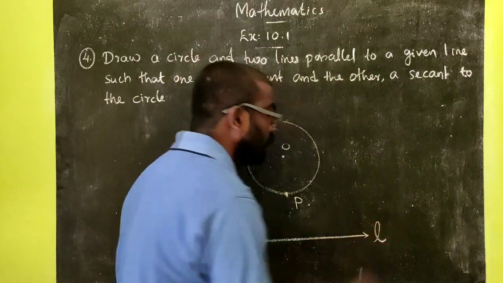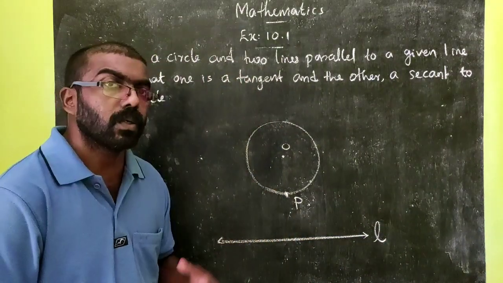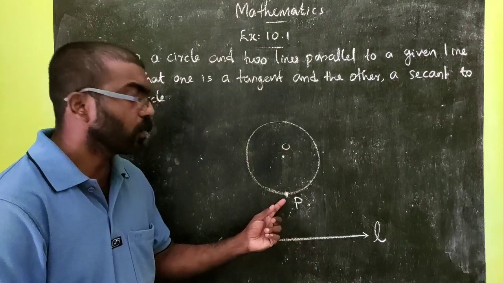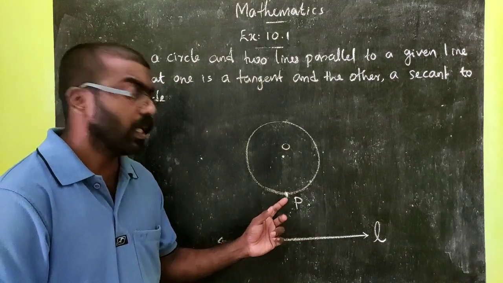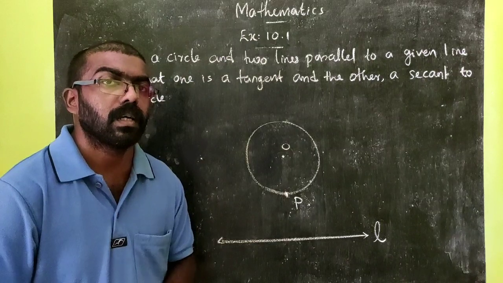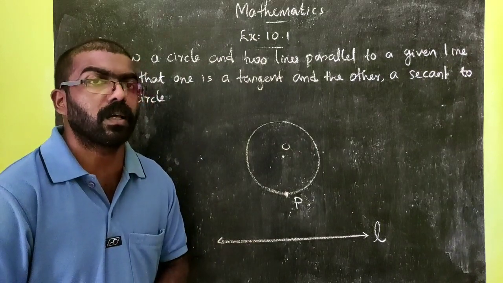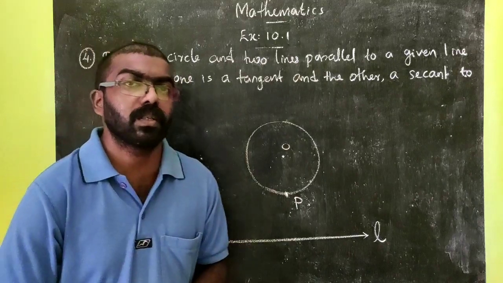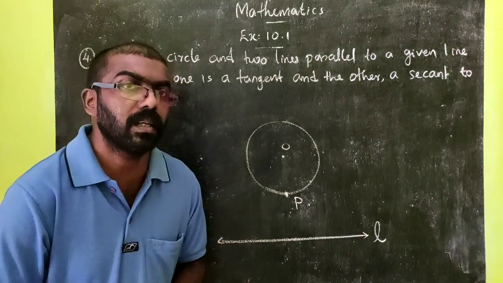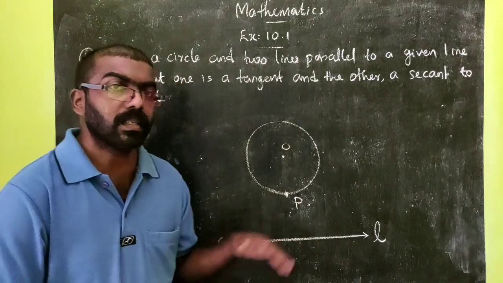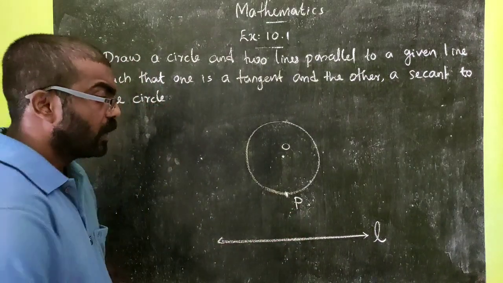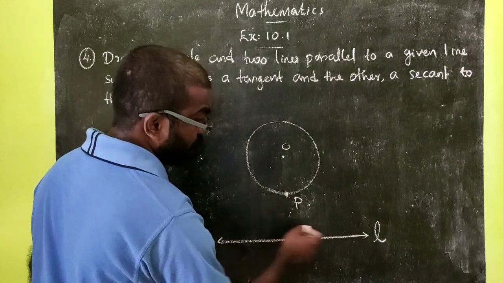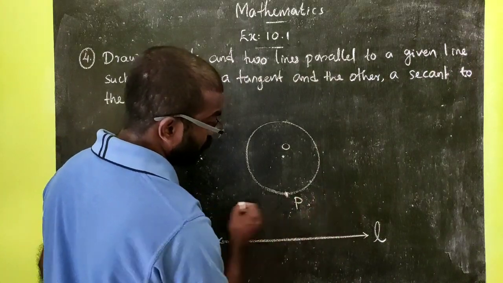This line can be taken as L. Okay. So in order to draw a line which is parallel to L and passing through the point P, we need minimum two tools. At least a scale and a set square. Now I am not having those two tools. I have a small piece of set square and scale with me like you. So using that I can construct in this board. Here I am going to draw a line roughly that is parallel to this line L.